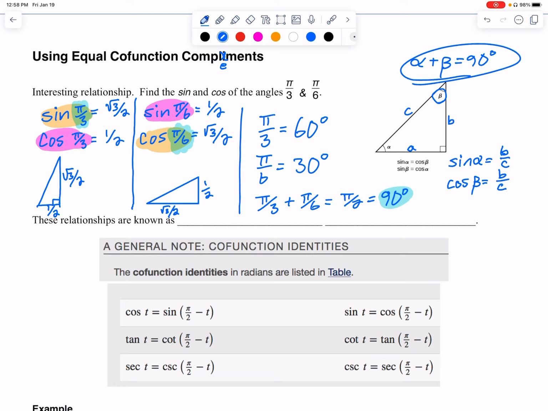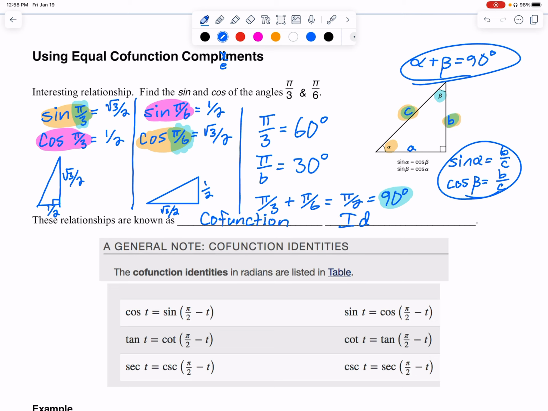So as long as A and B add to 90, we're always going to get this because you can see that our ratios, like when I do beta, let me erase that circle here. When I do beta, I get B over C for the cosine, but when I do the other one for alpha and I do sine, I get B over C. It's the same because of the location of the sides, right? For alpha, opposite is the same as adjacent for beta. Hence the reason we get these things called cofunctions. So these are called cofunction